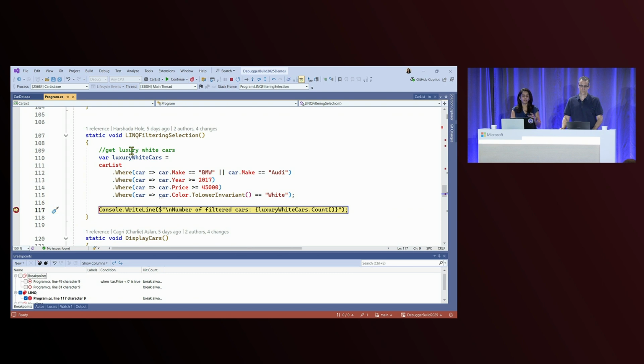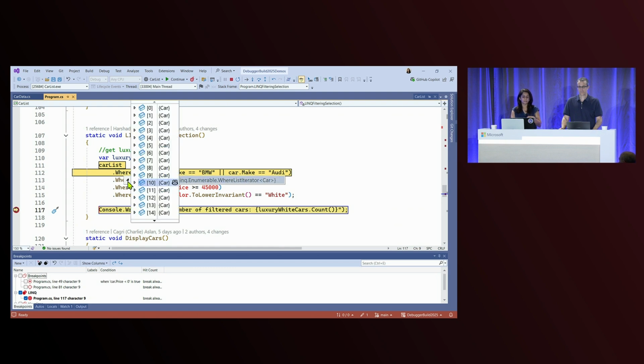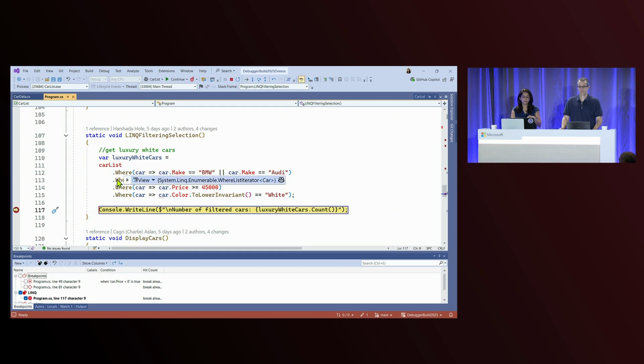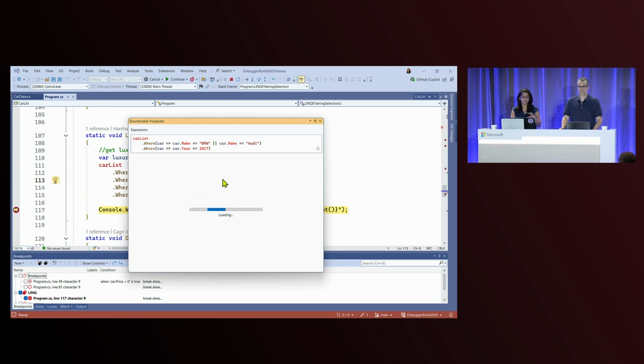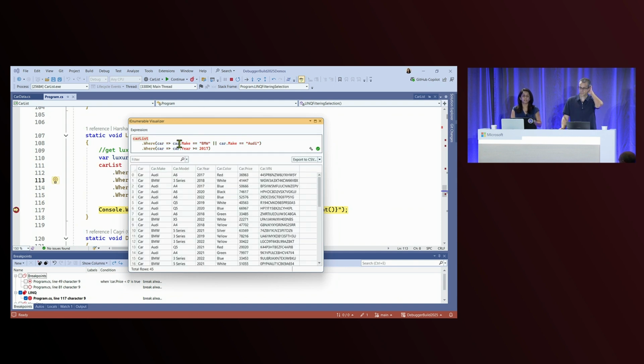feature where whenever you have a LINQ expression in your code, you can actually just hover over your LINQ expression, and it should be able to show you all the filter data at each and every line of that expression. For example, I'm just going to hover over here, and you'll see I can see the data. This first line is filtering. I can actually just go to the next line, and you'll see I can see the data here again. And this is, again, an IEnumerable visualizer I'm using. It's showing me the part of the query which I hovered over, and it's showing me the filter data.